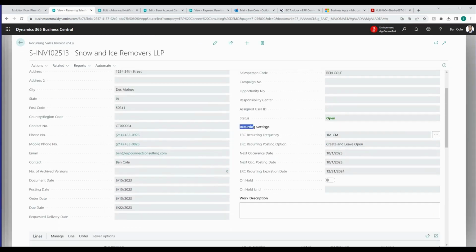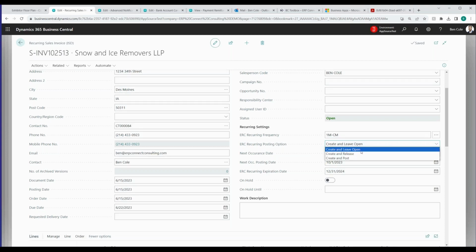It looks exactly like a sales order or sales invoice. And the only thing we're really adding is these recurring settings. So it's going to look like your general journals and allow you to say, okay, on the 1st of every month, create a transaction for me and leave it open. Or you could release it, or you could even post it. So if you want to get really automated, you could create and post these automatically on the 1st day of every month. And then if that send on post is turned on, you could literally have your recurring documents being